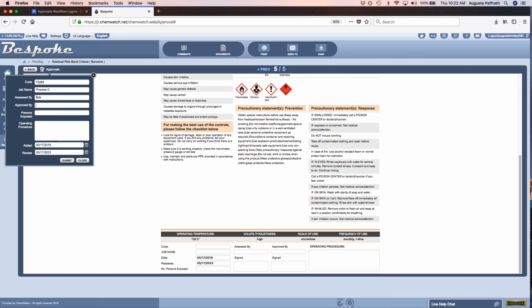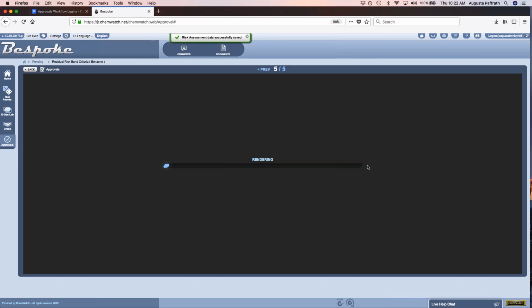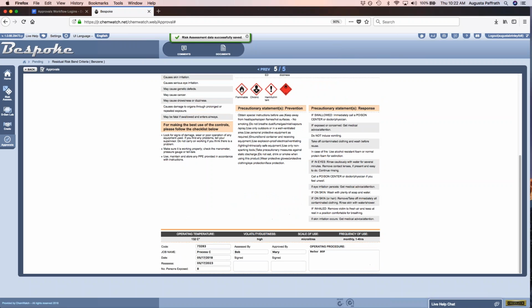and then I could also add additional information about this material, such as who it was assessed by, who it was approved by, how many people are exposed, and then I could say refer to SOP, and then I can also say the date that it was added. It will default to today's date, and then I can also indicate when it needs to be reviewed again. After this information has been saved, you'll notice that this information will be displayed at the bottom